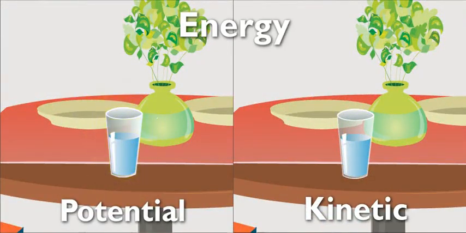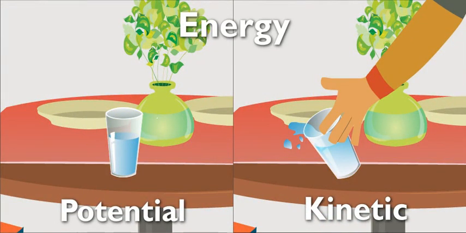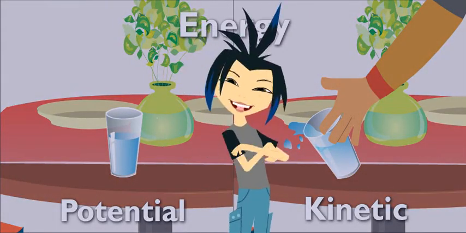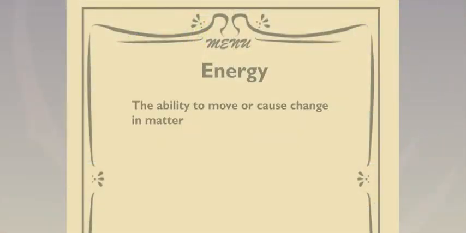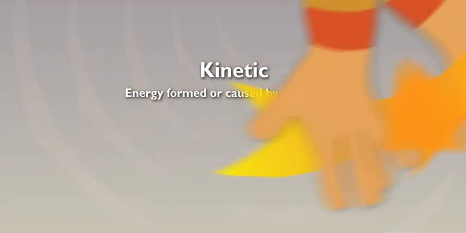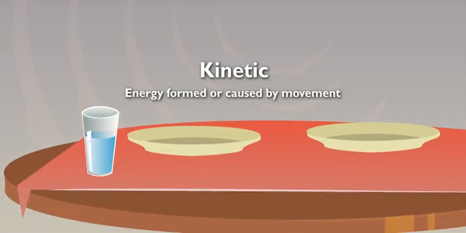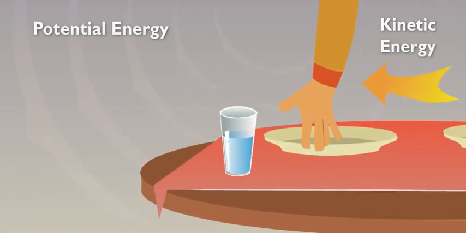Energy. Potential energy and kinetic energy, to be exact. It's science. No, I'm pretty sure it's clumsiness. Well, energy is the ability to move or cause change in matter, and there are all kinds of it. I don't know, Sam. Let me explain. The movement of my hands is kinetic energy, which is caused by movement. It's energy in use. When my hands hit the glass, the kinetic energy from my hands released the potential energy of the glass.